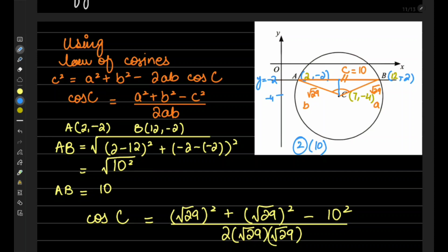Half AB sine C, no, not really, not the area formula, sorry. You should be using the area of one triangle and the area of the other triangle. What you can use is, you can find this half angle by taking this side, that is 2, and this is root 29. So if you use